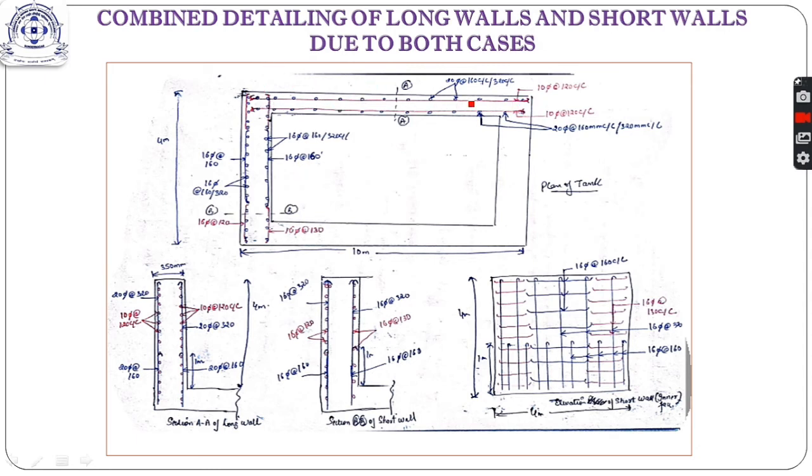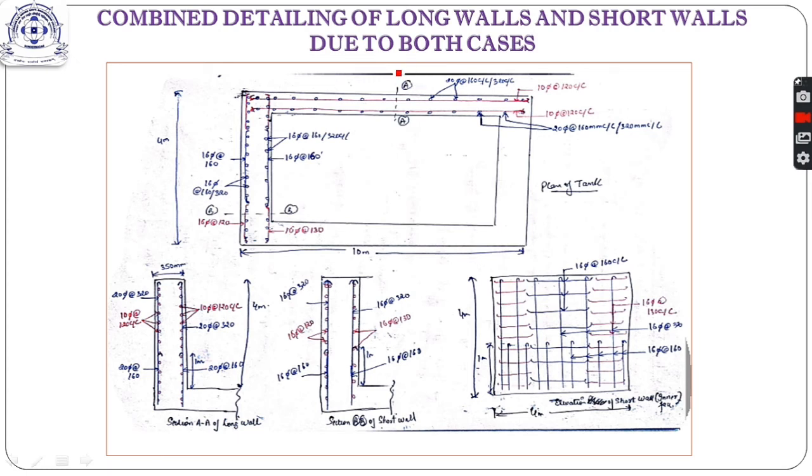And for the long wall, the main reinforcement is the vertical bars, which are represented here with the help of dots. Vertical reinforcement, which we had curtailed twice, that is, there were 3 heights of reinforcement available, and the horizontal reinforcement was provided on both the faces due to the direct compressive and direct tensile forces. I hope you remember this.